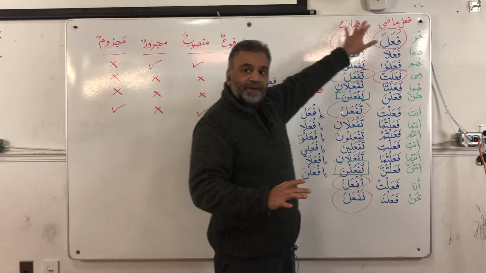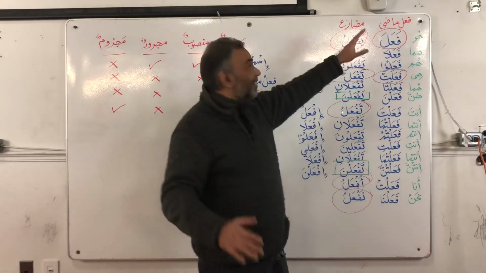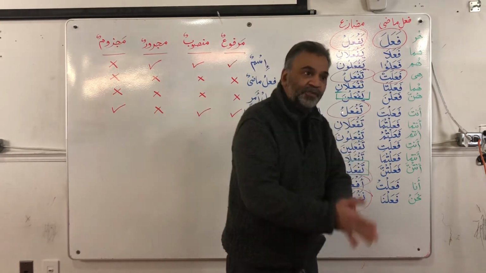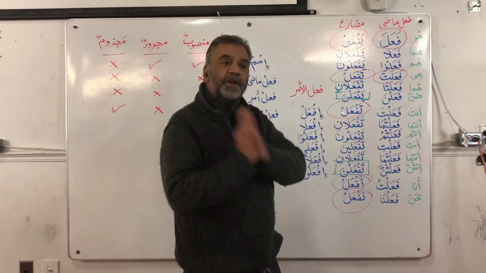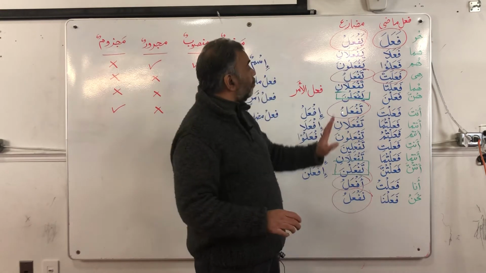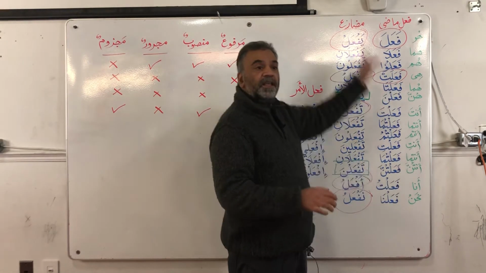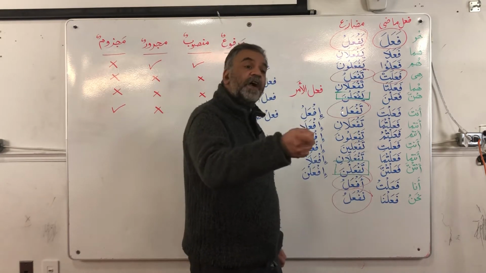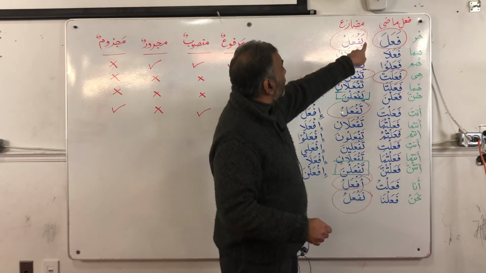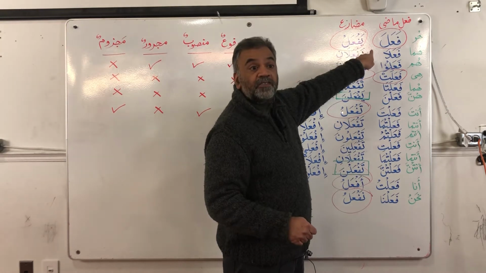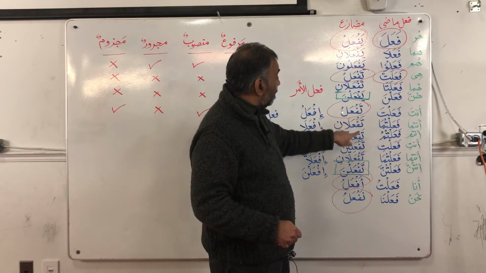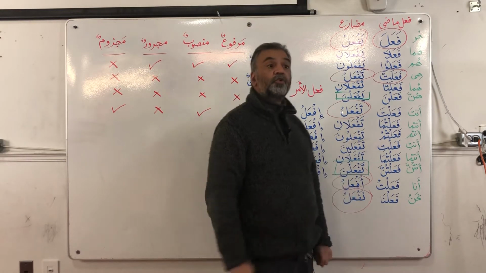So keep this chart in your mind. Anything that is circled in red, the fail is mustatir. Okay. So when we're reading the Quran, how do you see how this is madi and this is mudare? What is the difference? How do I identify a mudare in the Quran? The sign of mudare here is ya, ta, ya, ta, and then hamza and noon.